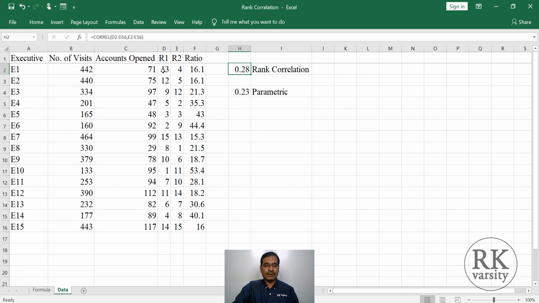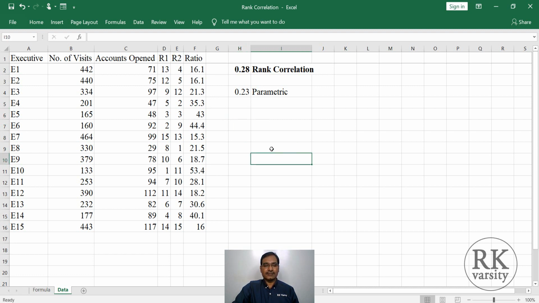an ordinal scale. That is, we have ranks here, and second, the data have certain outliers, and third, the data is not normally distributed. Because of these three reasons, it is advised to use rank correlation rather than a normal correlation. The only difference in calculating a rank correlation and a parametric correlation in Microsoft Excel is that in case of a rank correlation, you need to calculate the ranks.